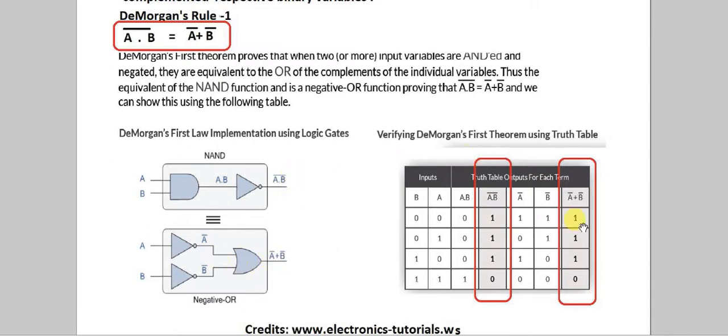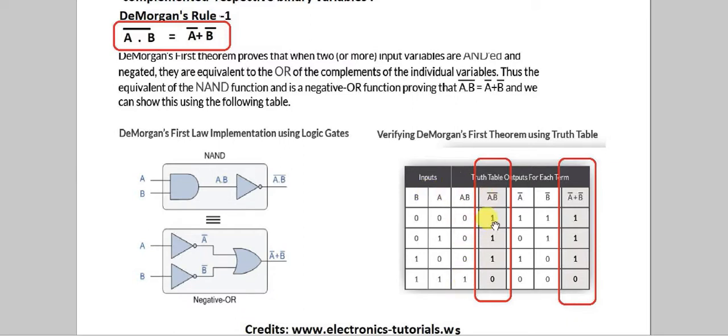We will show through this truth table that both are equal. Whatever inputs you provide at the input of this gate, the same inputs are provided at the input of this other logical gate, and both outputs will be the same. So let's say we have two inputs, A and B, and similarly A complement and B complement. Let's say B is 0 0 1 1, A is 0 1 0 1, A dot B will be 0 0 0 1.